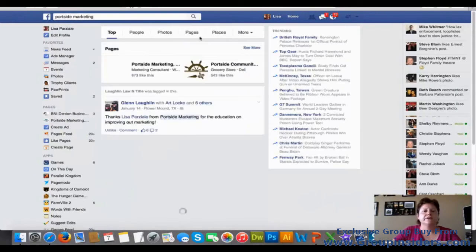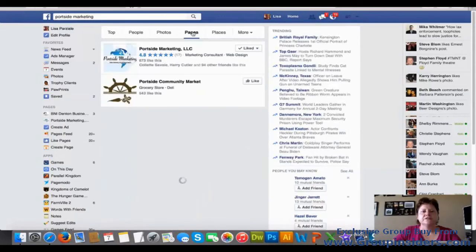And when we look over here in pages, you'll see that there's only one page. Now, that's a great way to figure out, is there more than one profile on that company? So what if their competitors put a bad profile out there? What if an ex-employee or a current employee has a page out there? Always look up as much as you can. Remember, we're digging around the closet. We're trying to find those skeletons.